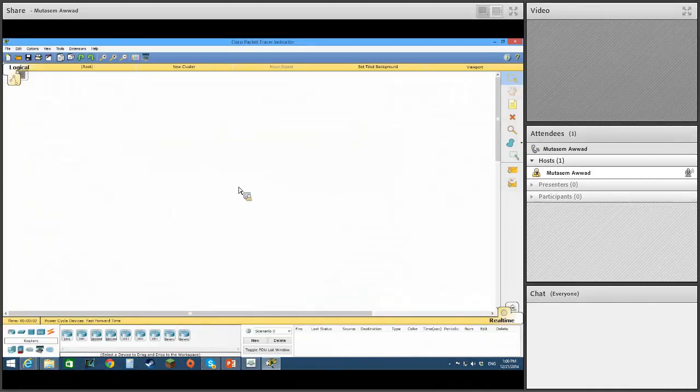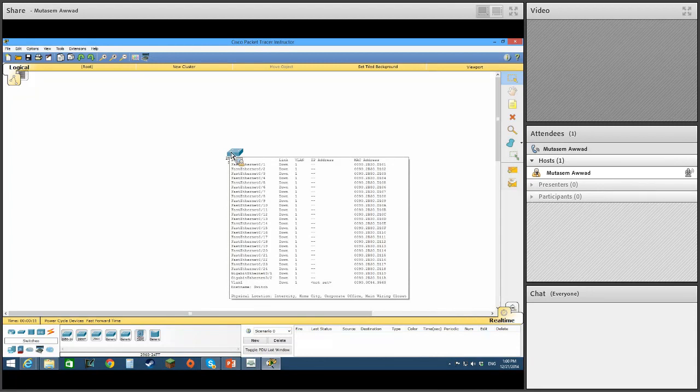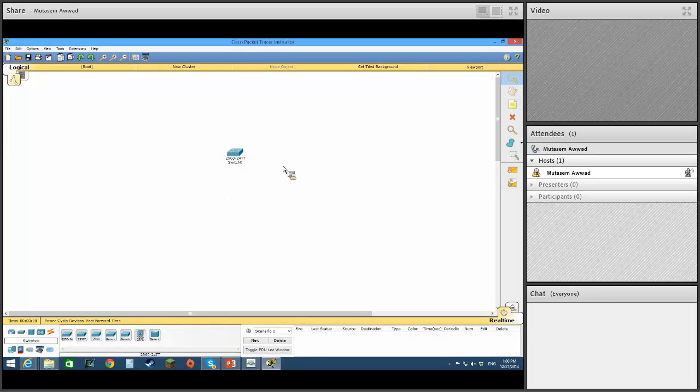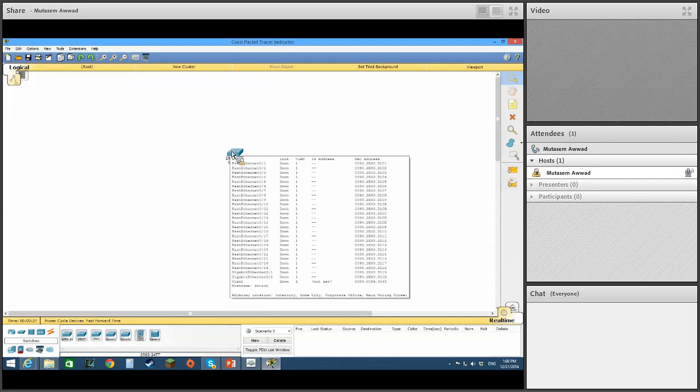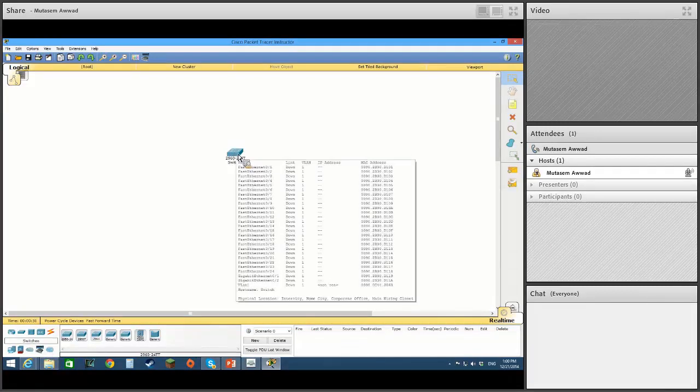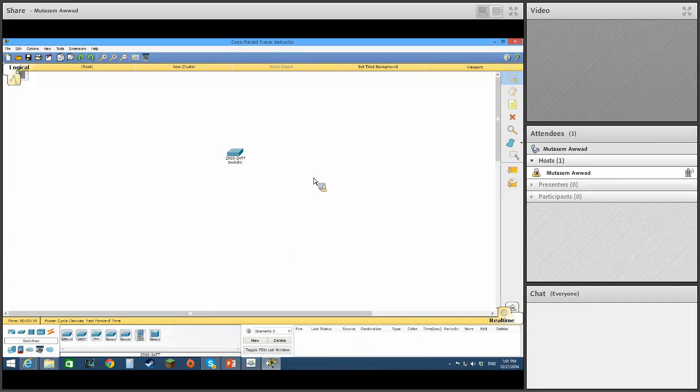So if I get a 2960 switch right here, and any frame comes into the switch, let's say it came in at port 1, and your frame, your MAC address, let's say it's A, then I know MAC address A is located at port 1. Then I'll place that MAC address in the MAC address table. And then I look at the destination MAC address and look up the MAC address table. If it's not there, then I know it's going to be